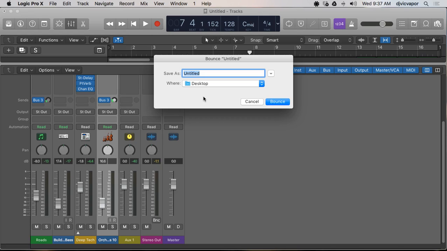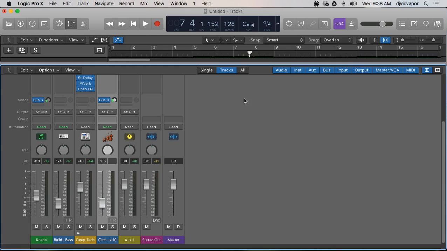So let's create a title here. Let me just put Logic Pro course, first project, if I can spell. Logic Pro 10 first project course, and we'll just say, yeah, desktop is fine. And we will, actually, I'm not going to bounce at this point. I'm going to cancel that, and I'm actually going to save it because that wasn't going to achieve what I wanted. So let's go to File,